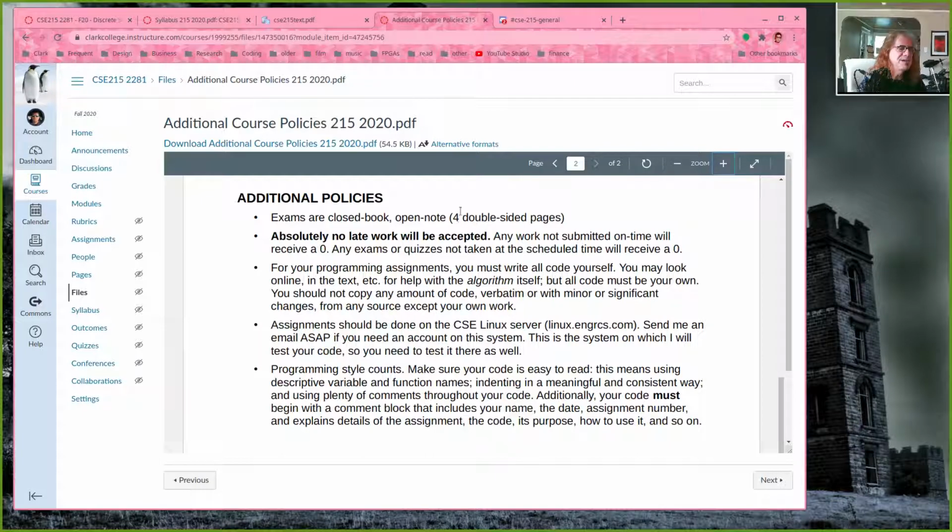Additional policies: exams are closed book, open note. Turn your work in on time, preferably by starting it early. If you started early and you feel like there's going to be a problem with finishing it on time, talk to me early, okay? If you start the homework the night before it's due, you might have 15 questions about